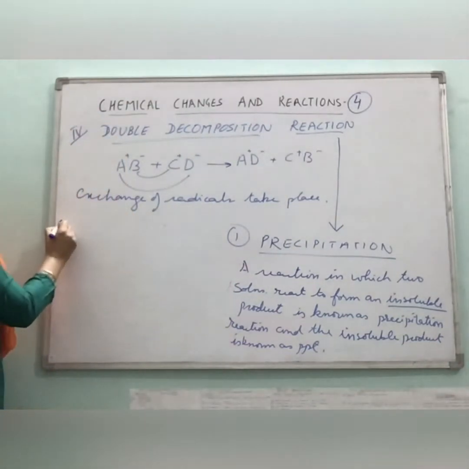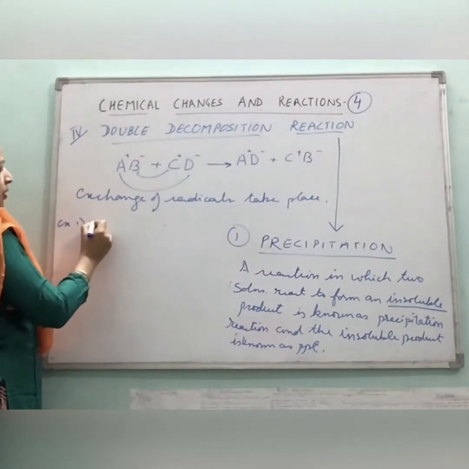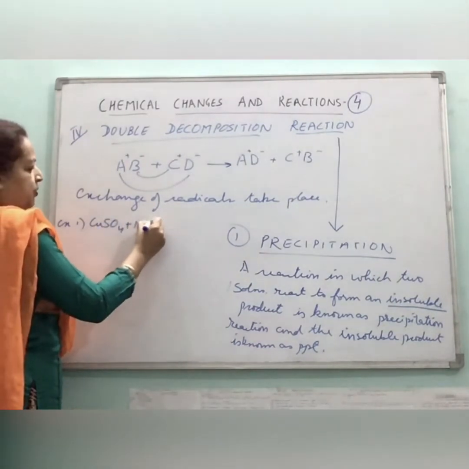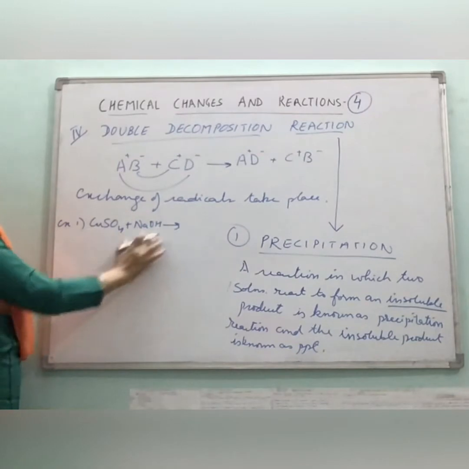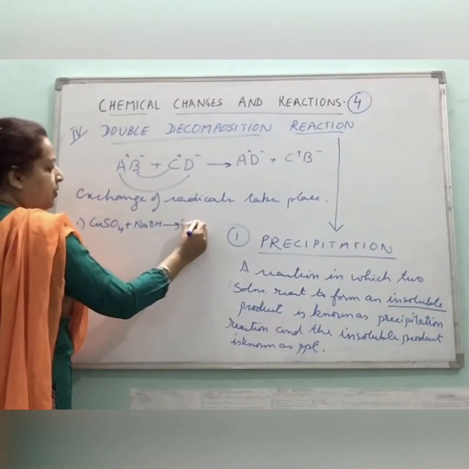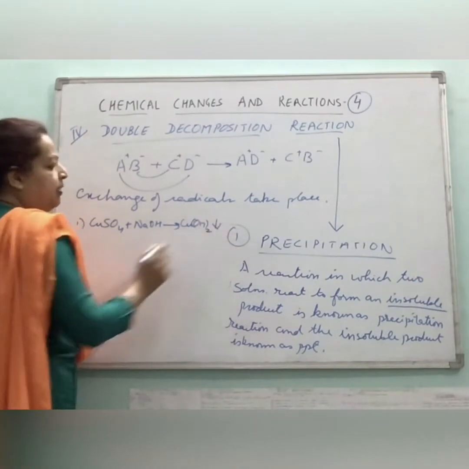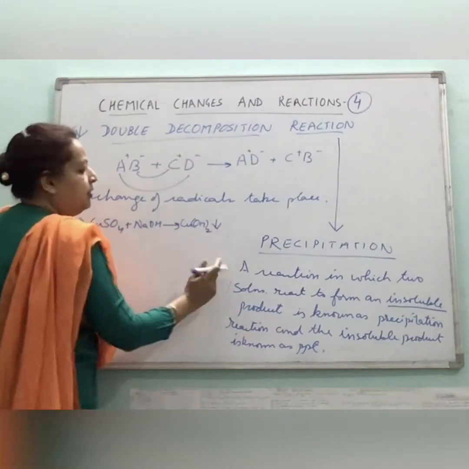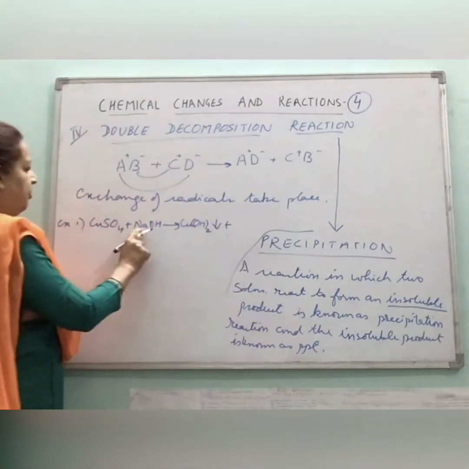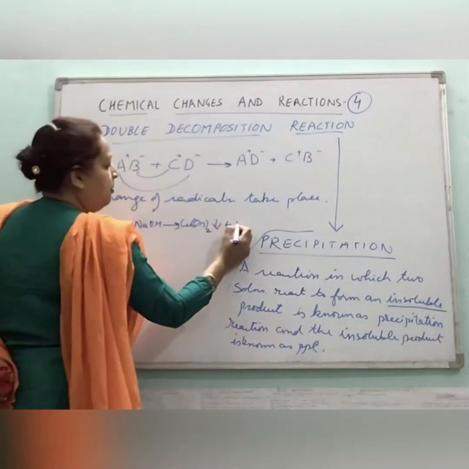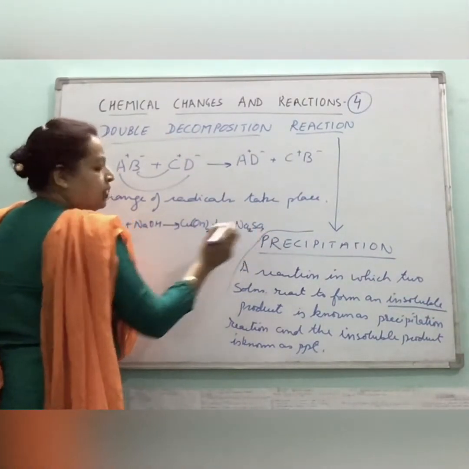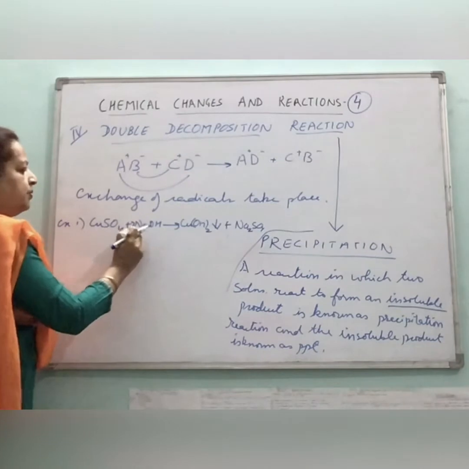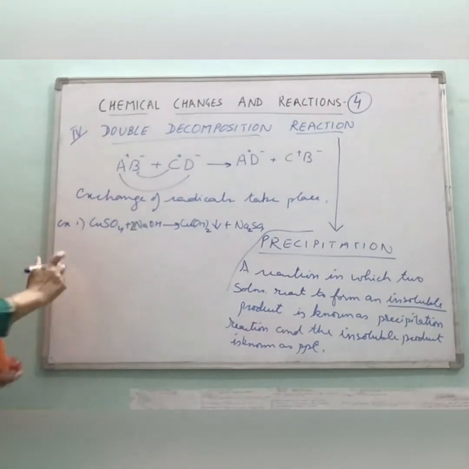I'll first write one or two examples. Example 1. Now I am taking copper sulfate, and I have added NaOH to it, both in solution form. Exchange of ions takes place. Copper hydroxide is formed, which is insoluble. Precipitate is shown by an arrow pointing downwards. And what is the other product formed? The other product formed is sodium sulfate, formula Na2SO4. So I have to balance it because now it is 2. Alright, it is balanced. One more example.